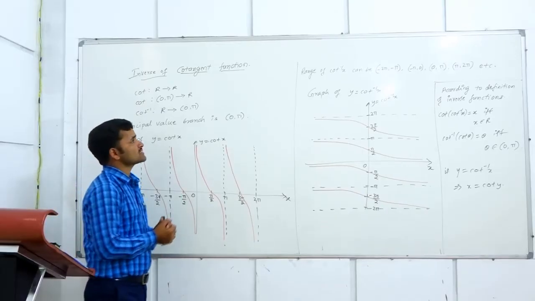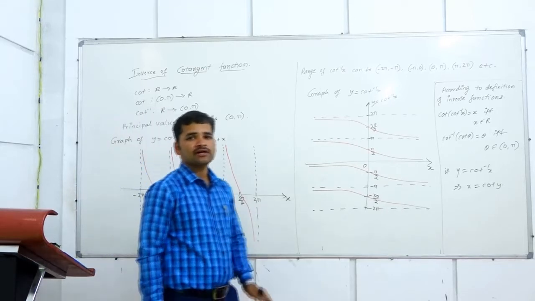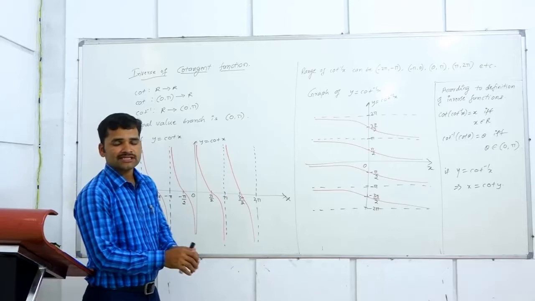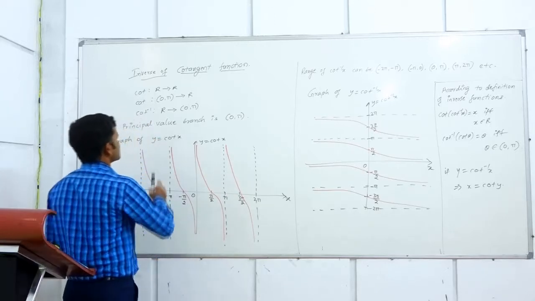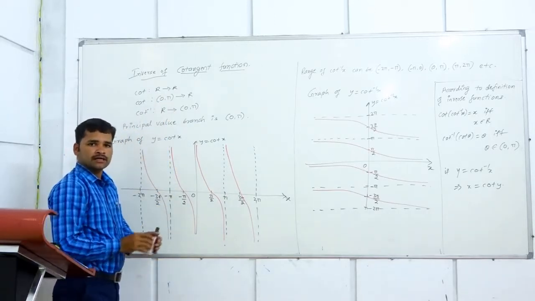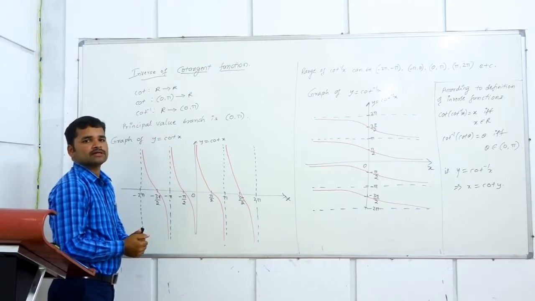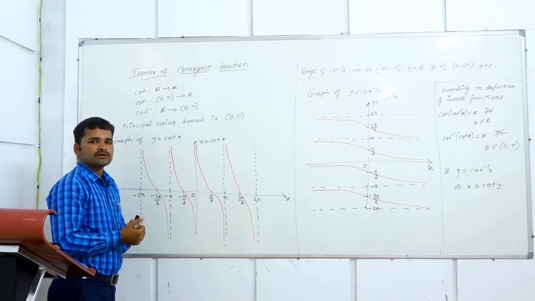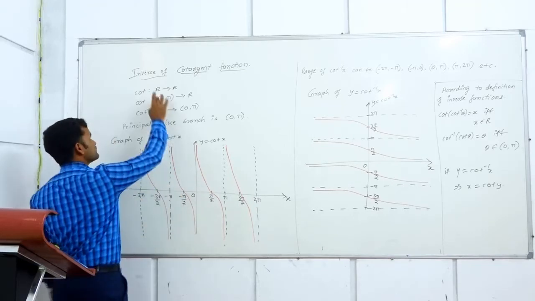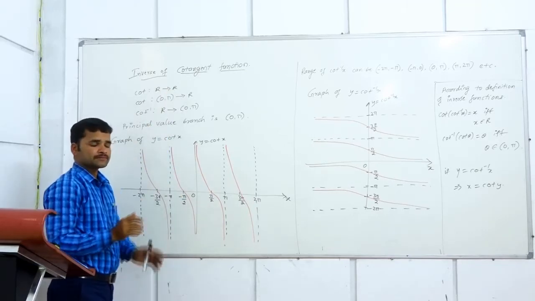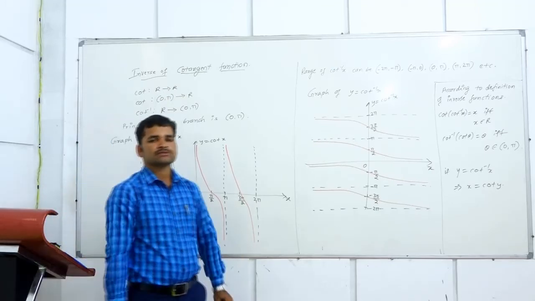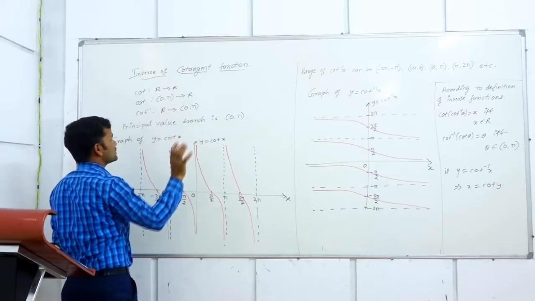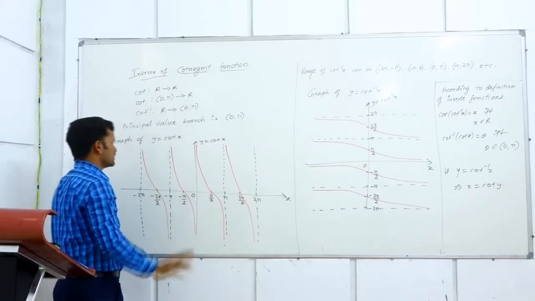Last trigonometric function, inverse of a cotangent function. In short form, we say it as cot. Cot, if we consider from R to R, this function will not be 1-1. This function is already onto. How? Range of the cot is all the real numbers. Here also we are considering from R to R, meaning range is equal to codomain, so the given function is onto. Now to make the given function 1-1, we will go graphically.